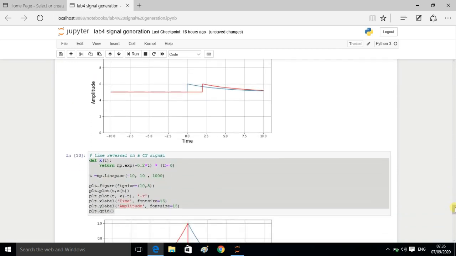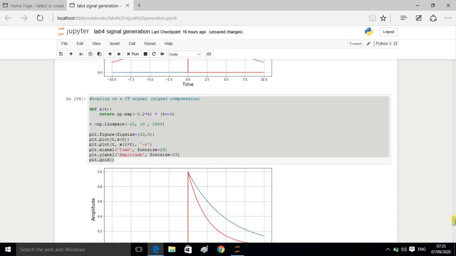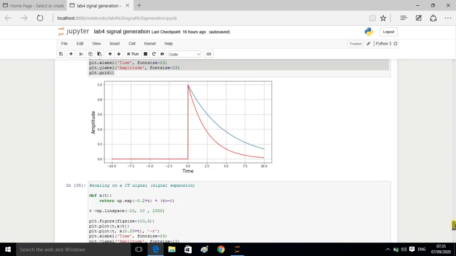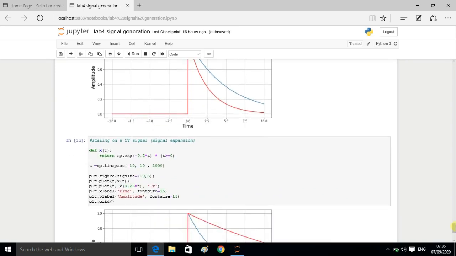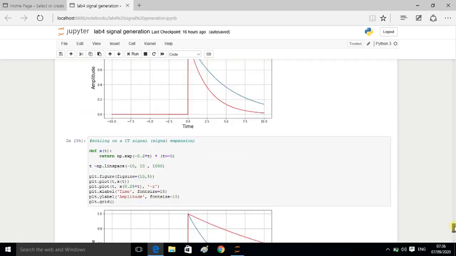Then we saw time scaling, in which we have two things: time compression, signal compression, and signal expansion or dilation. You can call it dilation also. So I think it is clear to you. So this is all about continuous time signals. Okay, now let's do it with a